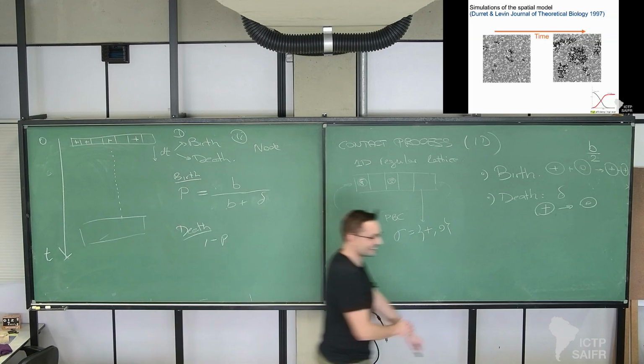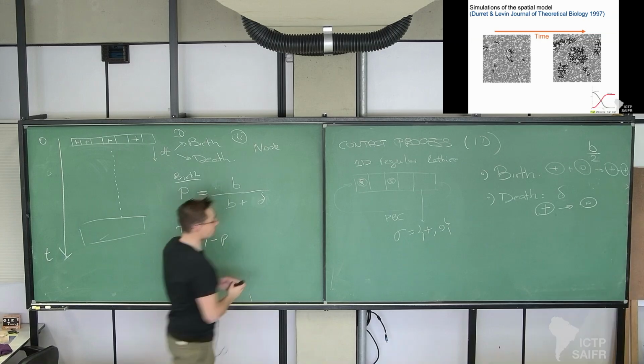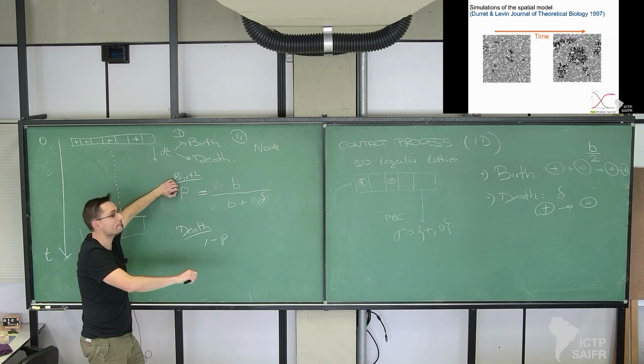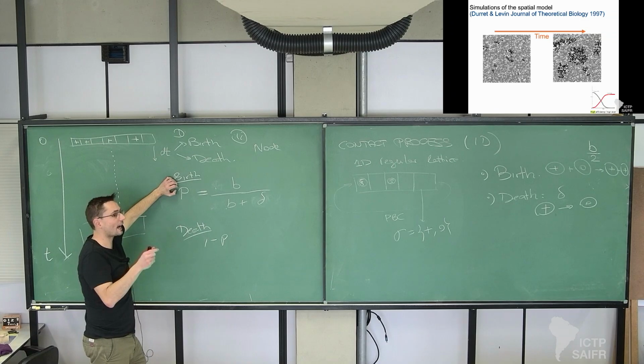It's a quick question. Why is there no B over 2 in the probability expression? Yes, good point. There is no B over 2 because what I'm doing is the probability that I have a reproduction event is the rate at which any occupied place in my system produces a seed, which is the number of trees times the rate at which each tree produces a seed, which is only B. Remember that the 2 comes when I look at the dynamics from the point of view of the empty place, because